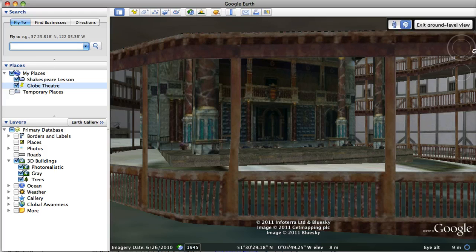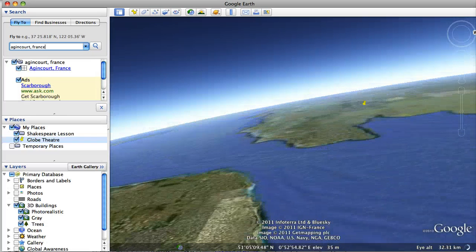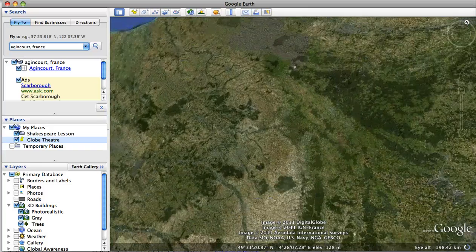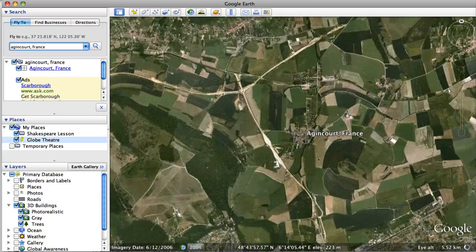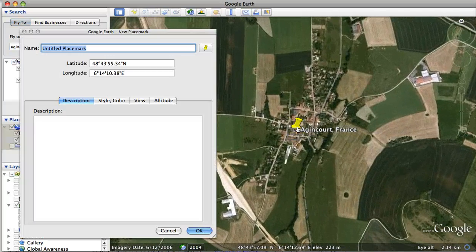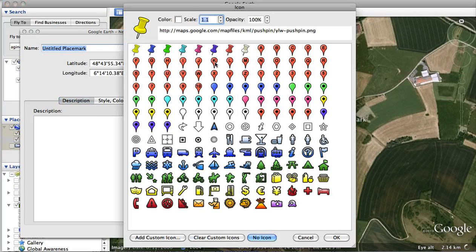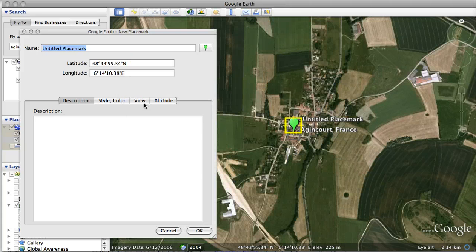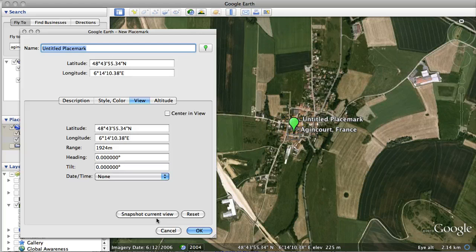It's in that folder. Now I'm going to search for Agincourt, France. Pretend I'm doing something on Henry V. And for this, I'm just going to go and do a place mark for the spot. I am going to switch this just to make it look a little different. I'm going to snapshot the view because I wanted to come in this close and I might have some more historical data about where the battle was. I'm going to snapshot the current view, say, and I'm going to title it